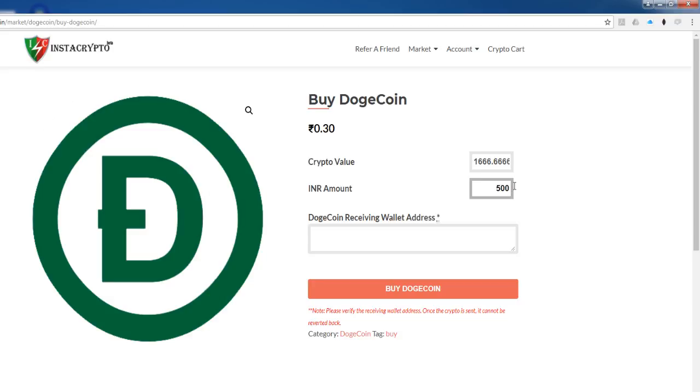So I'll place an order for 500 rupees worth of Dogecoin for this price at the moment, and it automatically calculated the amount of Dogecoin that I will be getting. So all I have to do is enter my receiving address for Dogecoin, which I already have here. I have a Jax wallet that I've set up, and I got this address from my Jax wallet. So once I'm sure that I have entered everything correctly, I would have to click on buy